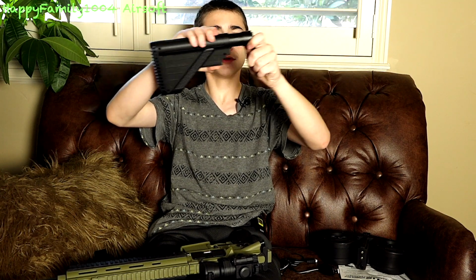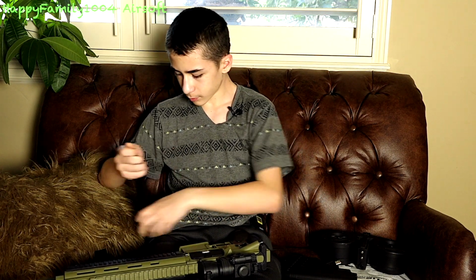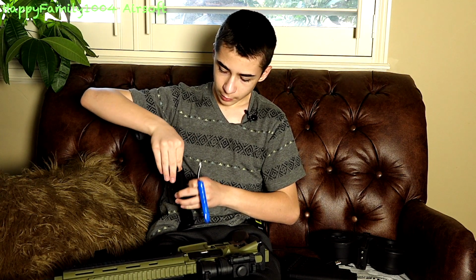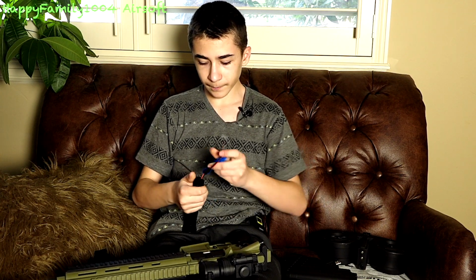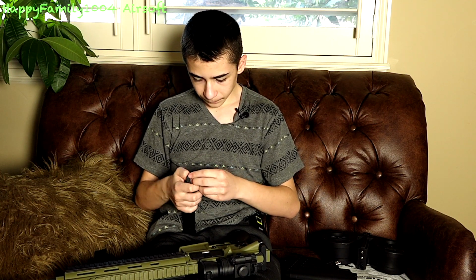There. To put the battery in, you press down on the button under the stock, pull it out, and then you can just pull hard to get it off the buffer tube. You open the back of the buffer tube here to plug in your battery. You pull this wire out, plug in your battery like this, put it inside of the buffer tube, close the door, then you can put it